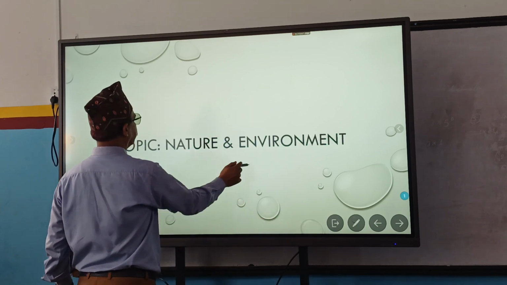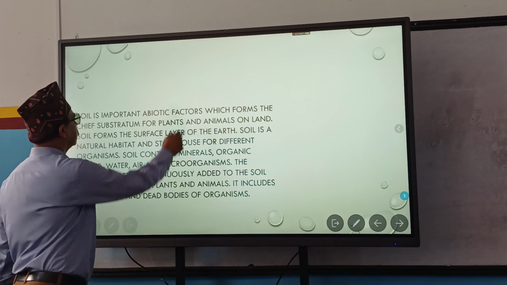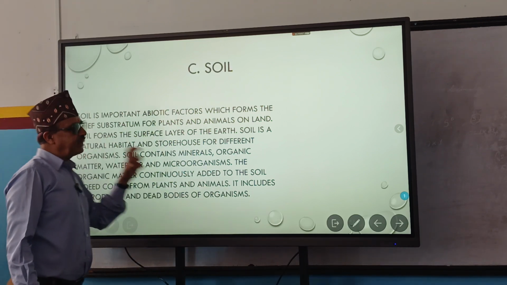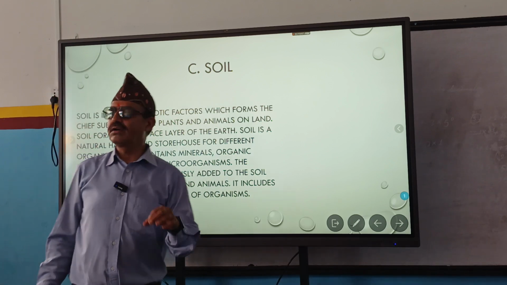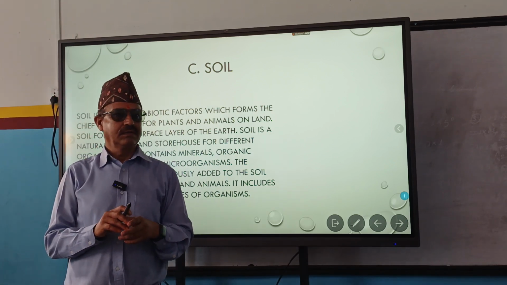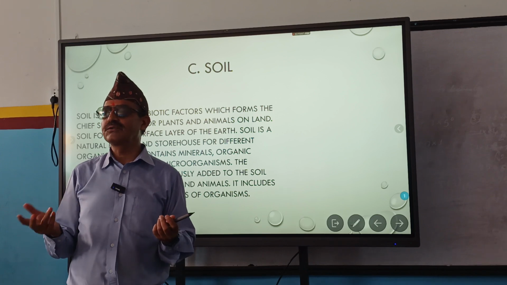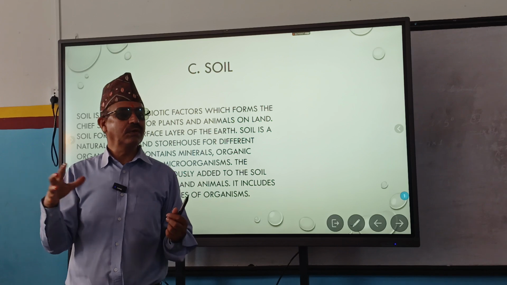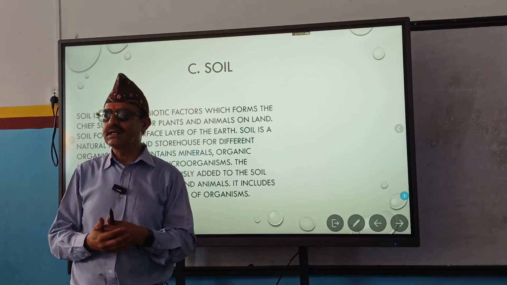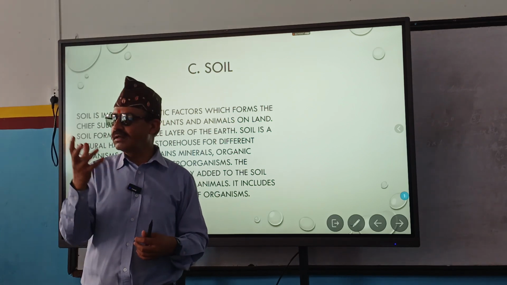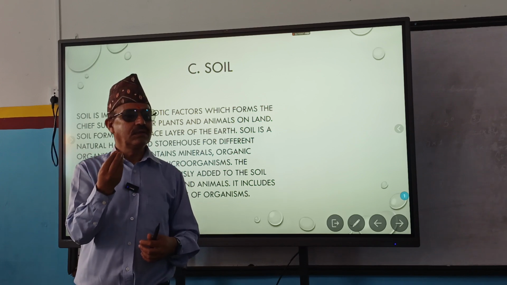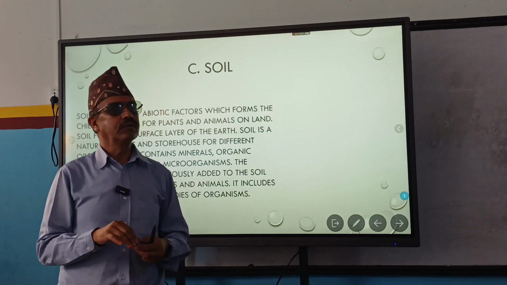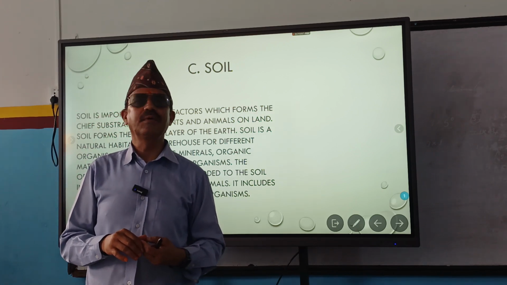Next one is, what is the third one? Soil. Soil is very, very important for animals. Without soil they cannot survive as well, but it doesn't mean that all animals need soil. With water also they can survive, but some animals are found in water and need soil, so they are found at the bottom of the pond. Coral is an animal that belongs to